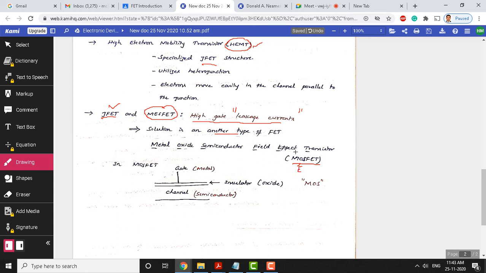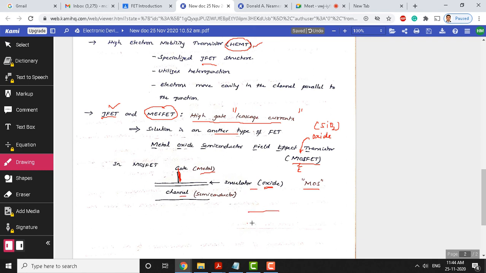Here we use even metal, but in between there is a layer called the oxide layer that comes into play, silicon dioxide. So, oxide means SiO2. You know that silicon dioxide is a perfect insulator compared to other insulators. Therefore, silicon dioxide is used as an insulator between the metal and semiconductor. Gate is a metal in this structure, and there is an insulator which is nothing but silicon dioxide, and below that there is a channel which is a semiconductor. So, you can see now why we have written MOS. There is a metal, there is an oxide, there is a semiconductor.